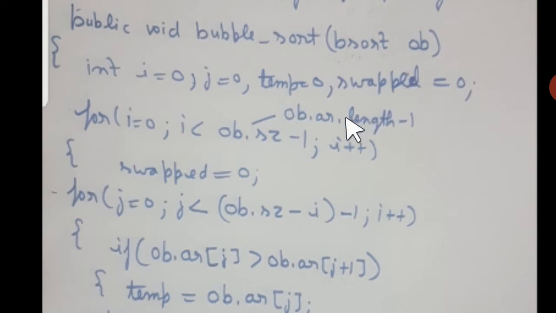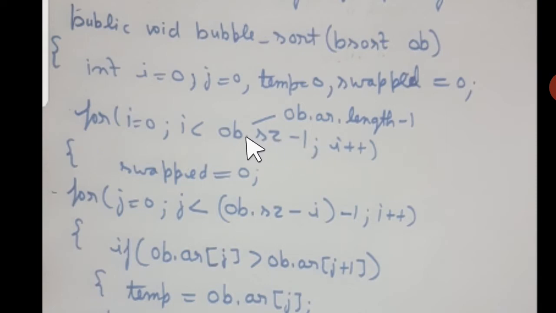All right, students, here you can see the loop for passes. As in the previous example, I always told you that we write array dot length minus 1. So here ob has to be written, because now the array is inside the ob, that array we are referring to. So ob dot sz minus 1, or you may write ob dot ar dot length minus 1. You must be thinking that in the input loop I had written just less than ob dot sz. Students, there I had to enter 5 values, but here I have to perform the loop 1 less than the size of the array.